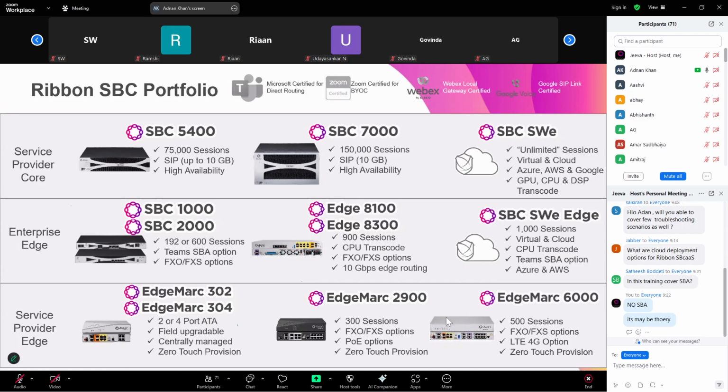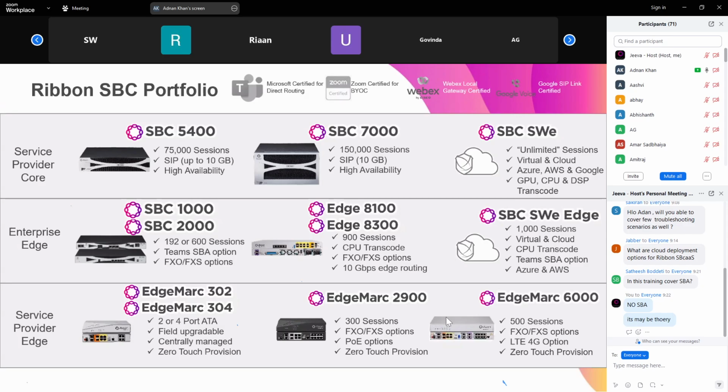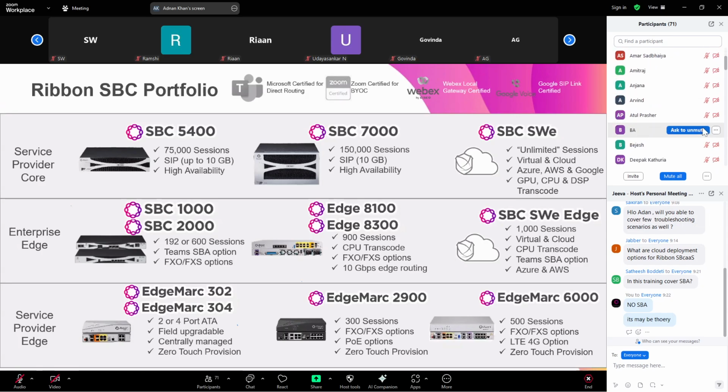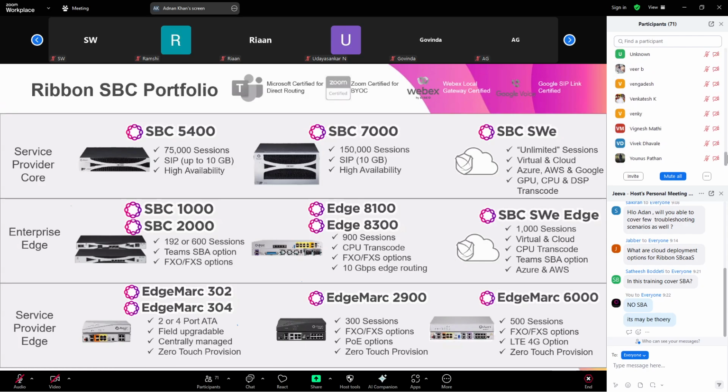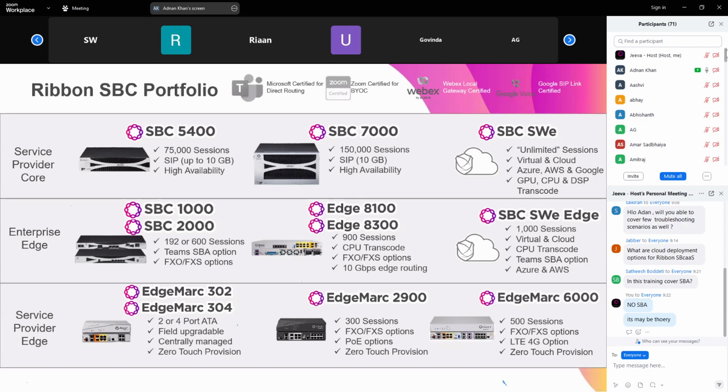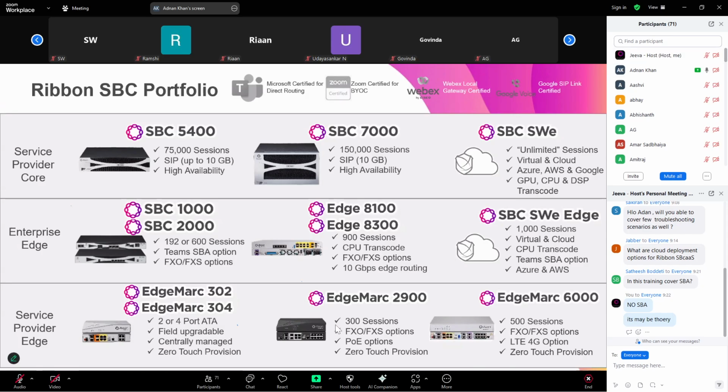Again, if you go to license the SBC, you can license it up to 900 concurrent sessions. And you can also have the routing capability up to 10 gig. In SBC 8300, you can again license the SBC to 900 concurrent sessions, but this time the connectivity will be TDM or FXO or FXS. So you can connect the FXO and FXS options as well. Then the EdgeMarc series is again the service provider series, which they provide as a CPE, customer premises